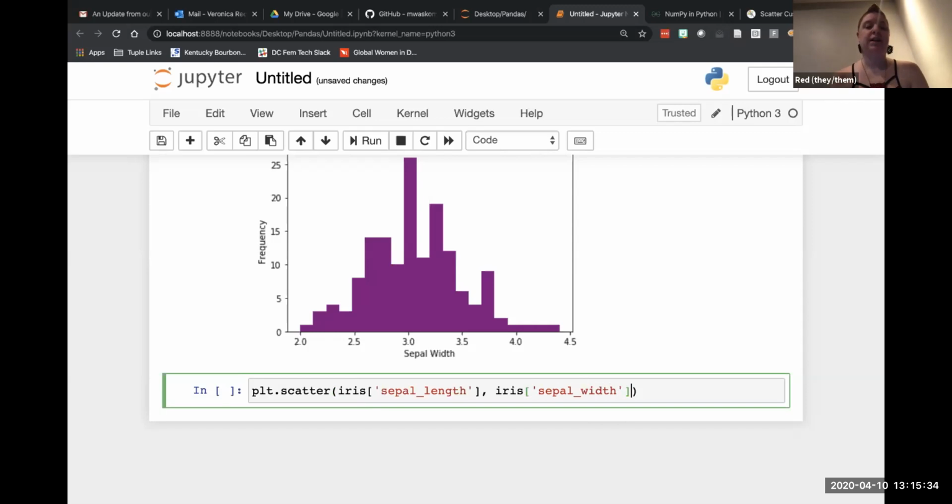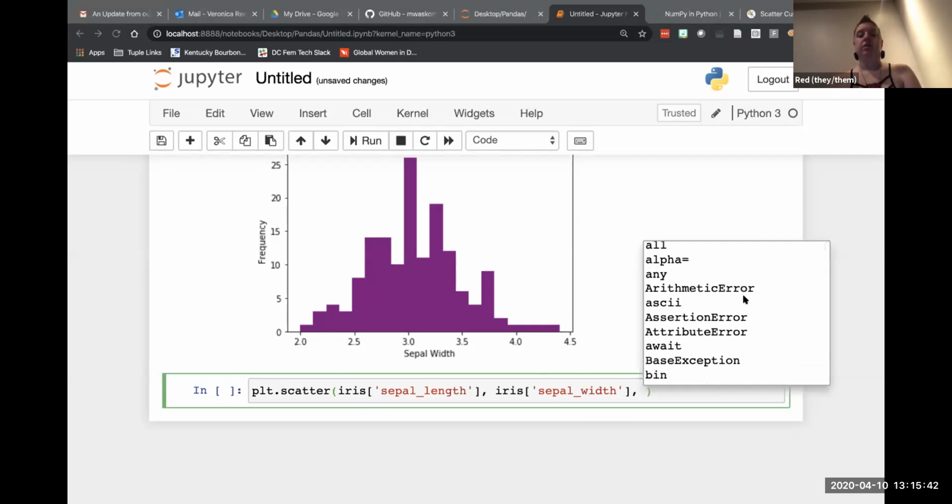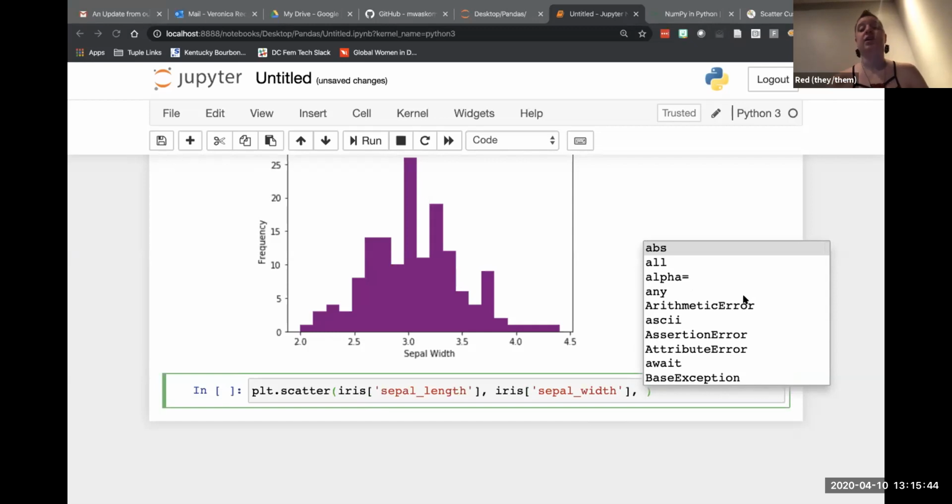That's my y-axis. And then inside scatter, I can tell it a lot of different things. I can use alpha. Now the alpha parameter in our scatter plot, basically is a parameter that we have in all of our different plots, but alpha parameter is how